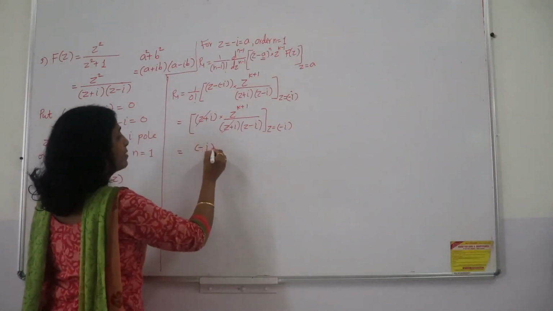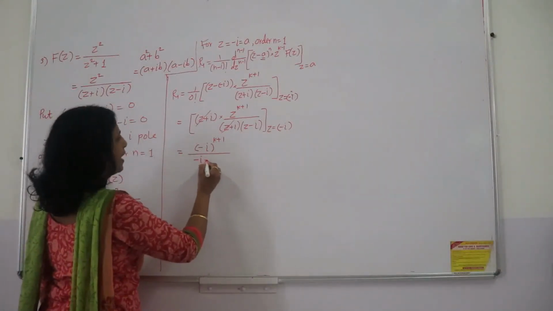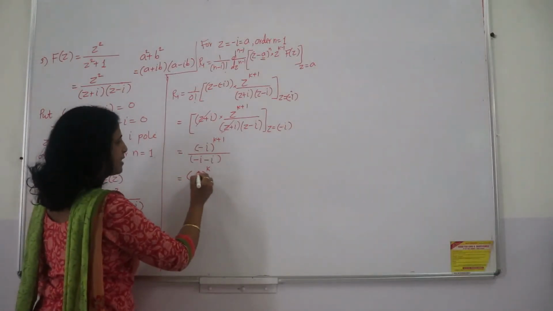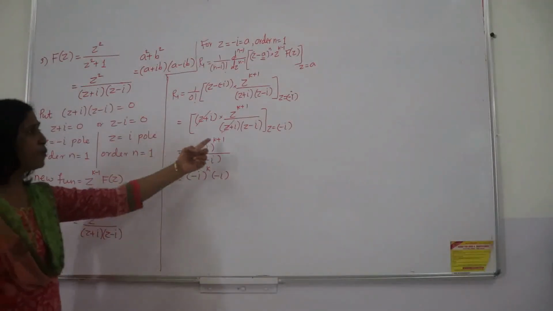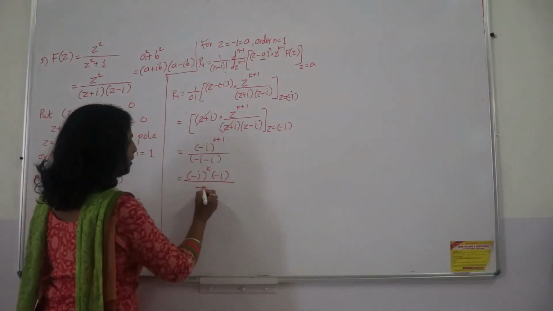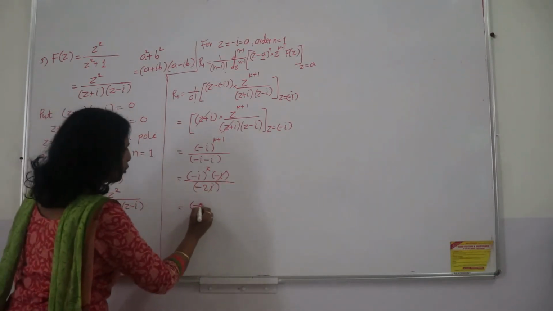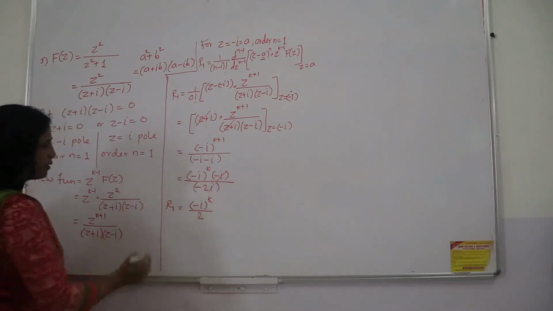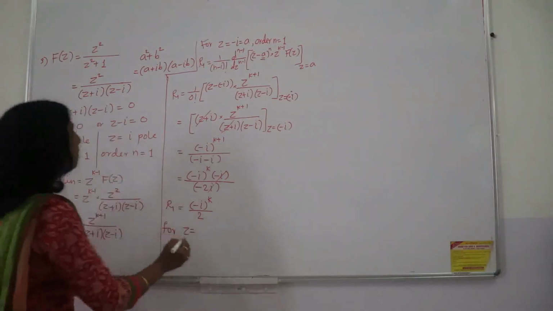Now remember this is minus i raised to k plus 1. See how I have written, the bracket is a must here. So this is minus i and minus i. Now I will simplify it a little bit. I will split it: minus i has k power multiplied by minus i. I cannot convert this minus to any plus sign because we don't know whether k is an even number or odd number, so it will remain as it is. Divided by minus 2i, and now minus i and minus i get cancelled, and what I am having is minus i raised to k upon 2. Minus minus cancelled, my first residue is calculated. Now the second residue, for z is equal to plus i.